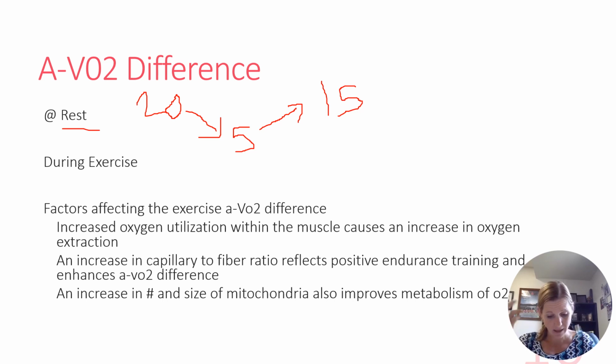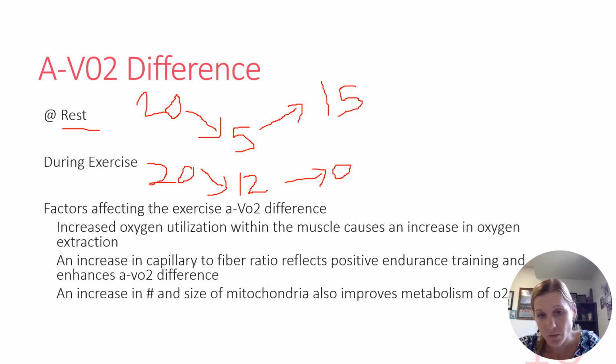Okay, now during exercise, we're going to increase this value. We're going to increase the amount of oxygen that we're able to drop off at the tissue level, which is what is shown here. So if I started with 20, this is also going to surprise you. How much do you think we're able to drop off? Well, the best of the best endurance athletes are going to drop off about 12, maybe 13, meaning that my deoxygenated version is still 8.